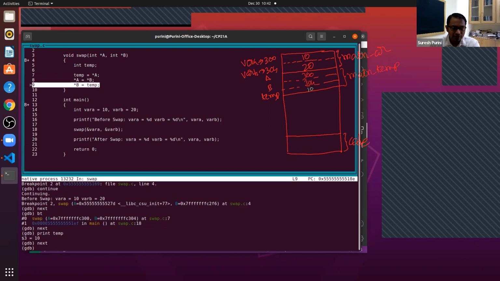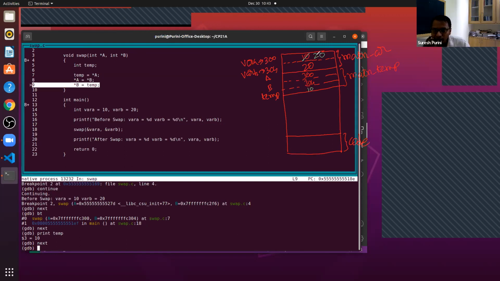Now we go to next. So after line number 8, what is the state? Can I say this gets overwritten with 20?